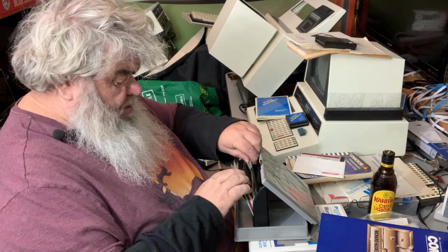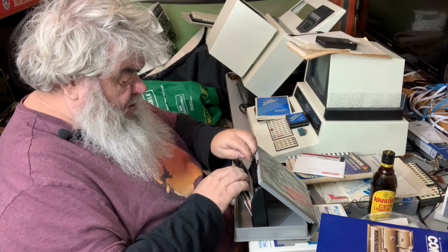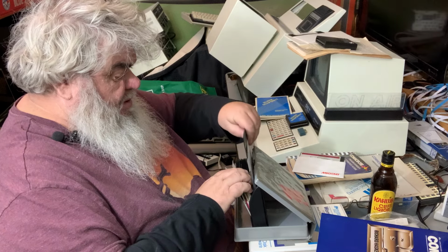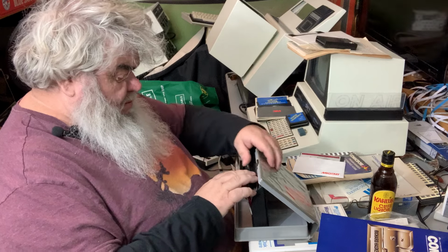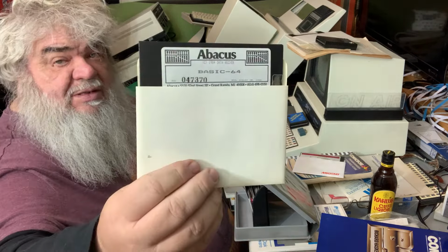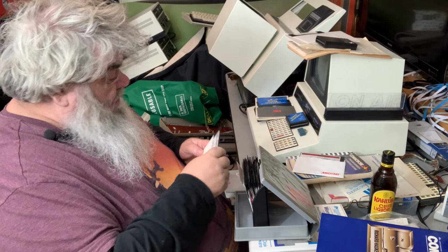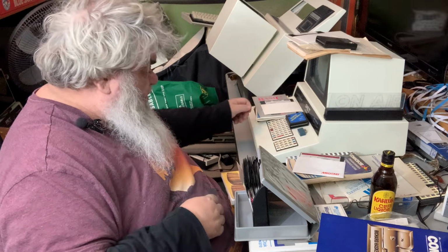Oh, there's a quick brown box disc. Well, better put that there. Super snapshot. Well, I bet you this disc here probably goes in that book. Basic 64. Maybe. Alright, well, I'll put these things together with their things